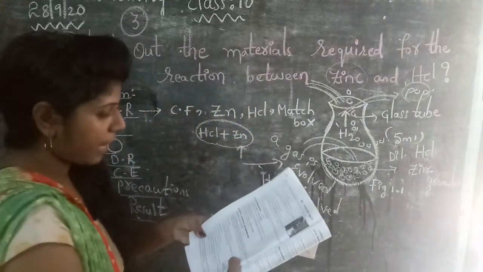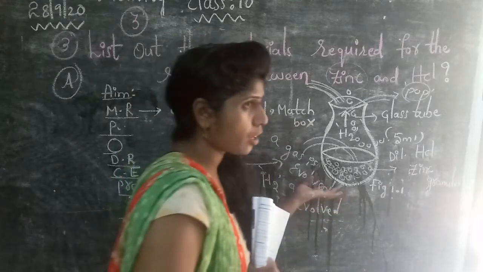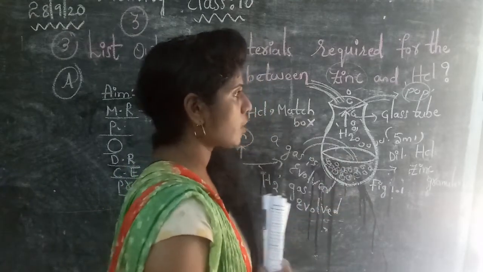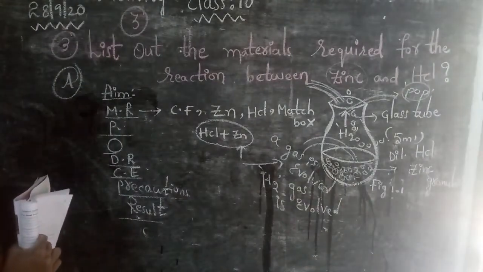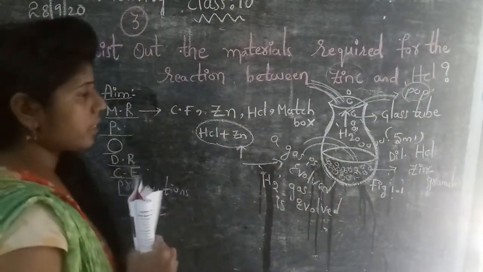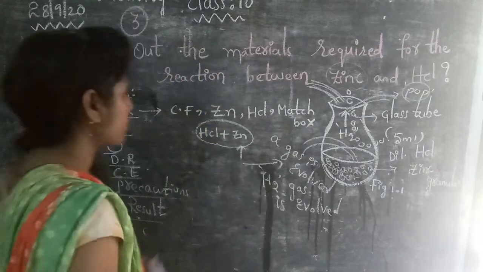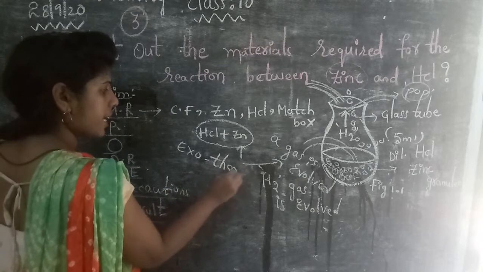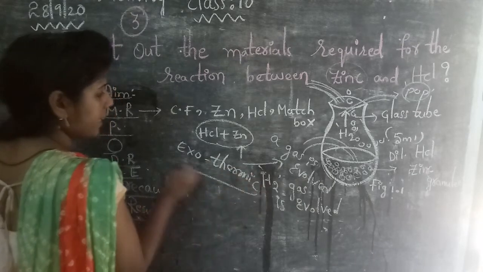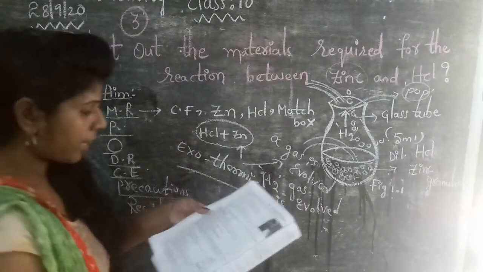Next one is the flask is hot. Whenever you touch this beaker, you can notice its hotness. Heat energy is released during a chemical reaction. This is also the best example for an exothermic reaction. During a chemical reaction, energy is lost or emitted.